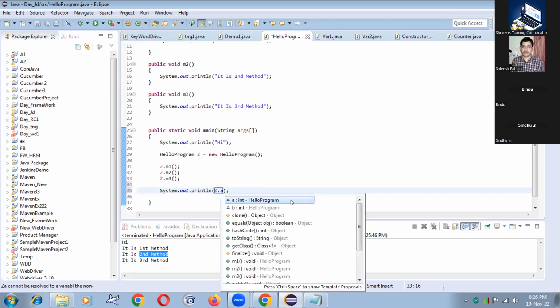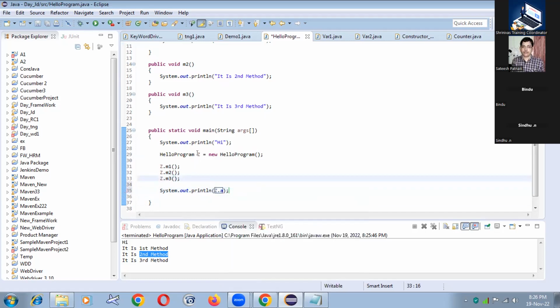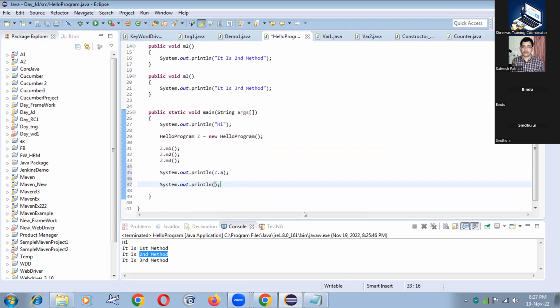Now we can use the variables or the methods with the help of an object only. Even though it is a method, you need to write z.m1, z.m2, z.m3. Even if you want to call your variable directly, it will not work. So you need to write z.a. In the same way, you need to write z.b in System.out.println. Directly, if you write b, it will not work. You need to write